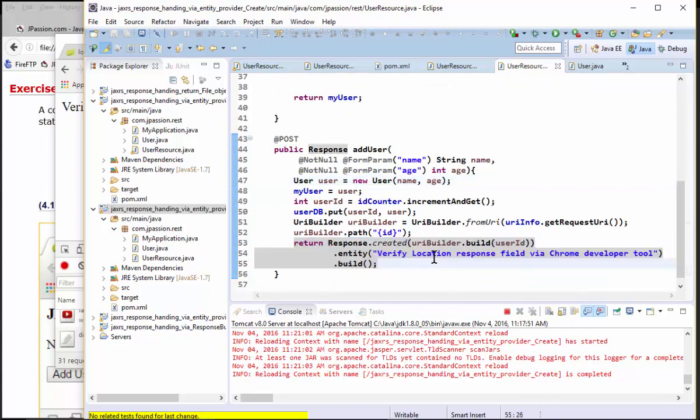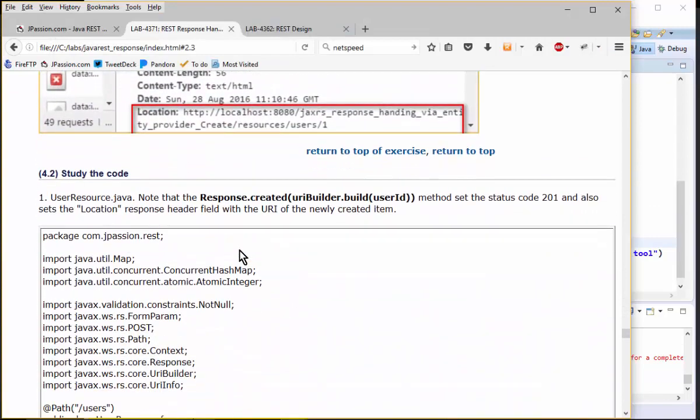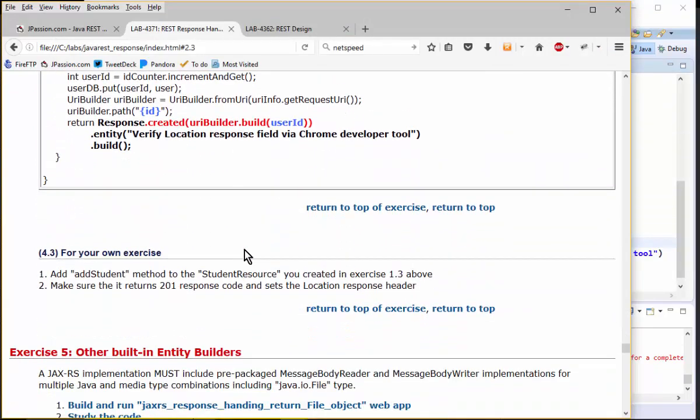When we actually return the location field, we can specify the location field using created, and this is the URI. Okay, all right, so I'm gonna let you do the exercise here. Add a student method to the student resource example that you worked on in 1.3, and make sure it returns a 201 response code with the location response header. Okay, all right, so I'll let you actually